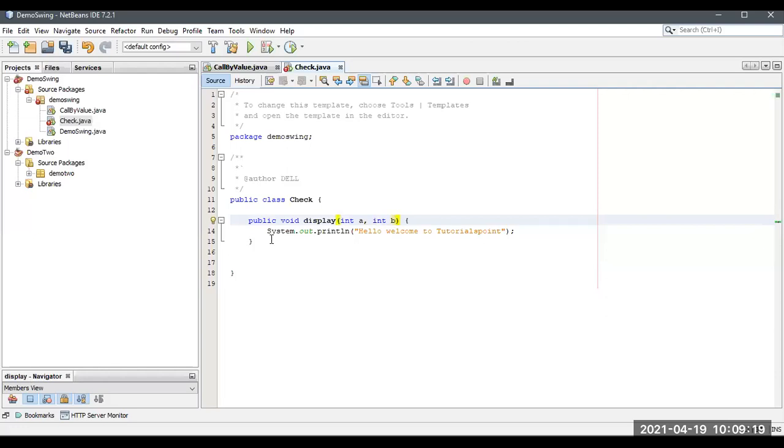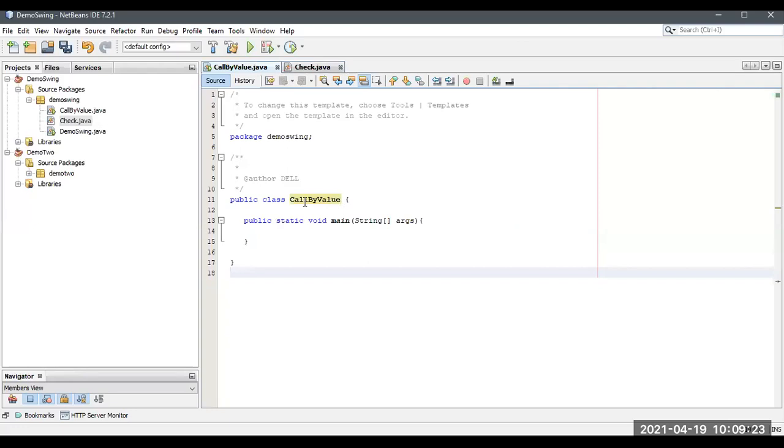So there are two arguments inside this. And from the call by value class, I'm going to create an object for check. Check c is equal to new check. Okay, so I created an object for this.